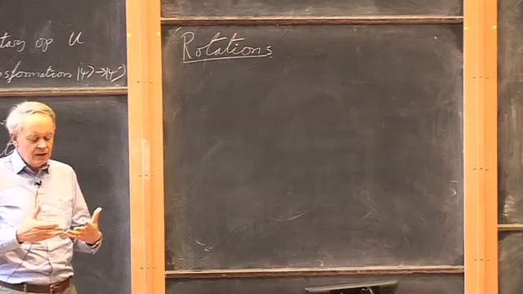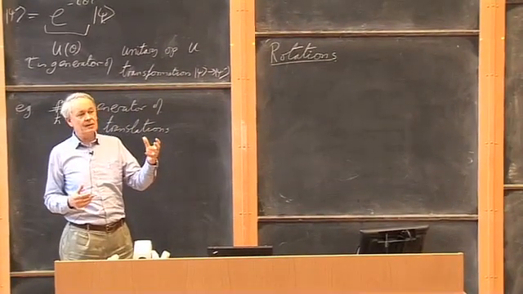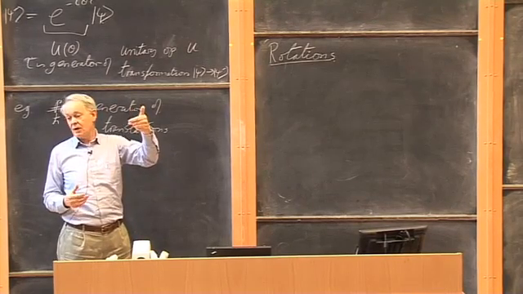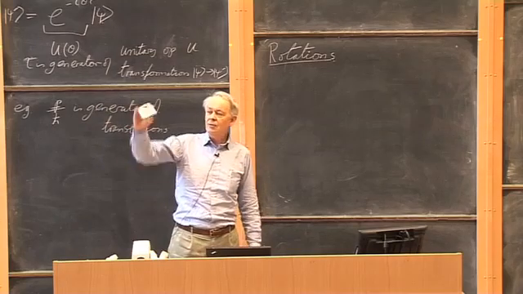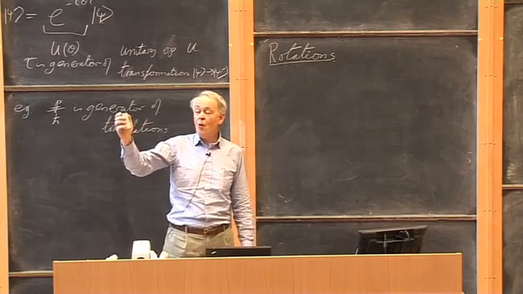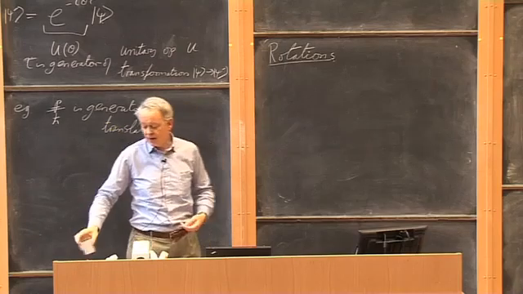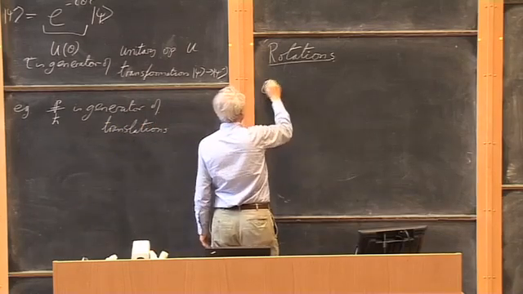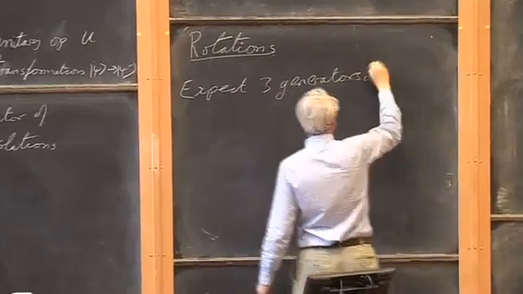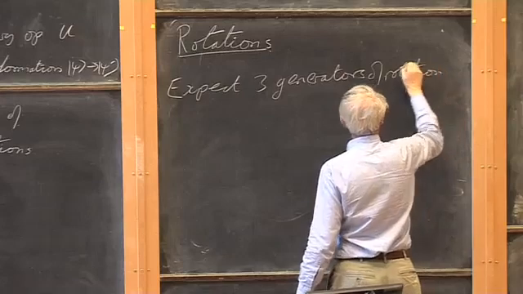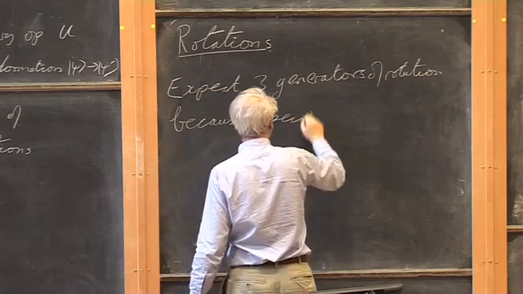So we should expect that there's more than one generator of rotations, because in order to specify a rotation, we have to specify a rotation axis and how far around that axis we're going to go. Right? Here's a solid body, I can rotate this in a whole variety of ways. To specify one rotation, I specify the axis I'm going to rotate around, and I specify how far around that axis I'm going to rotate. So we expect three generators of rotation because we specify a rotation